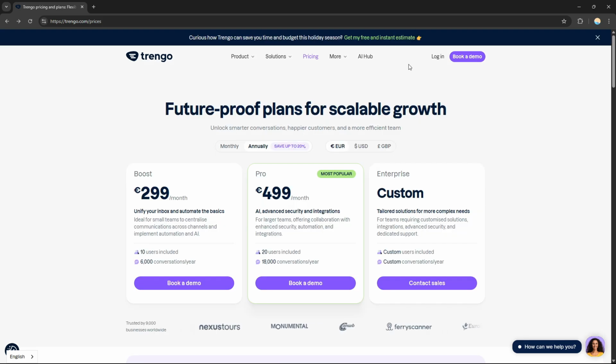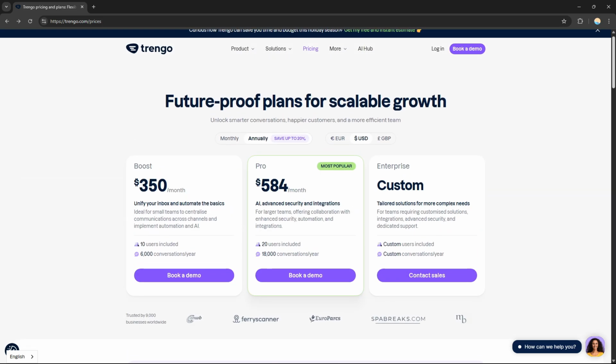So if you want, you just need to book a demo, and it actually comes up with a price, of course. This application is not free. So if you want, you can just purchase a subscription right here. So the Boost is $350 per month. Pro is $584 per month. So it's quite expensive, but